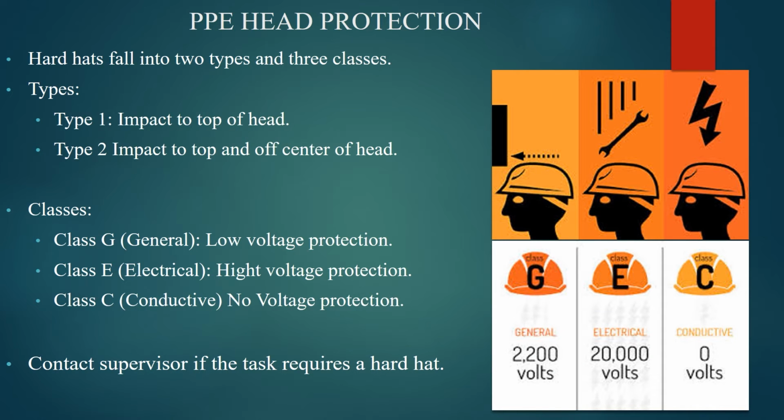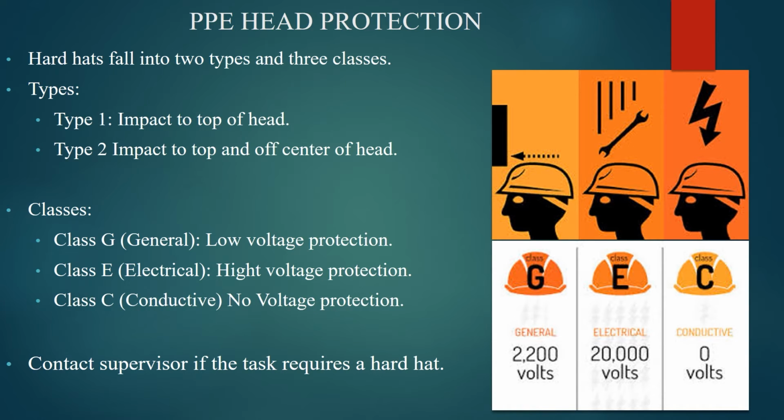Employees should wear hard hats that are properly rated for the specific work environment. According to the American National Standard Institute Standard ANSI Z89.1, hard hats fall into 2 types and 3 classes intended to provide protection against specific hazardous conditions. Type 1 is intended to reduce the force of impact from a blow to the top of the head. Type 2 is intended to reduce the force of impact from a blow to the top of the head and